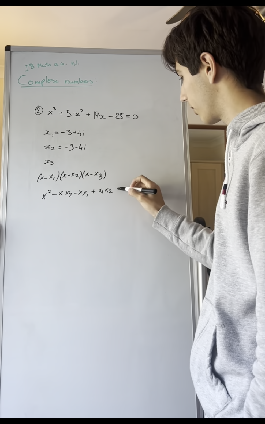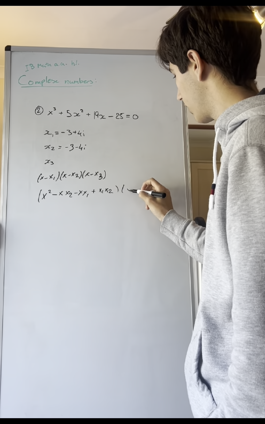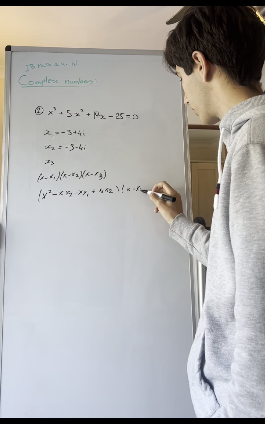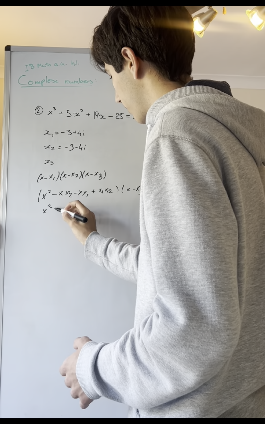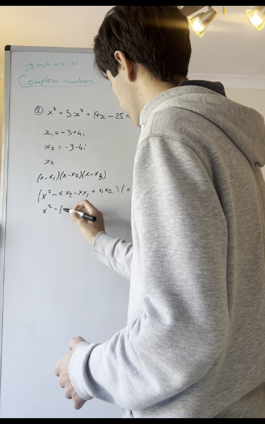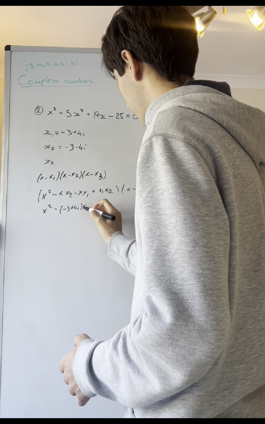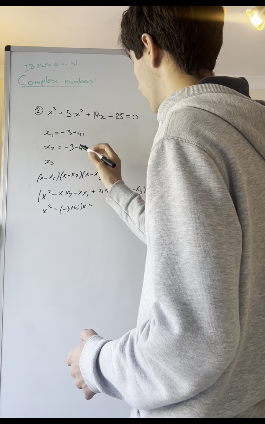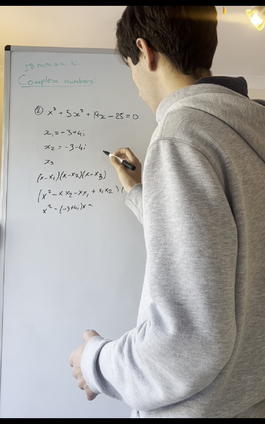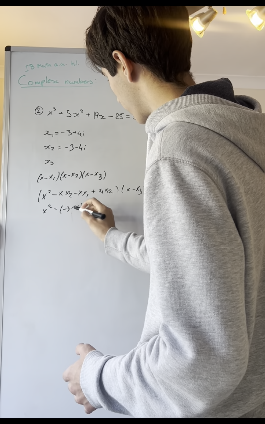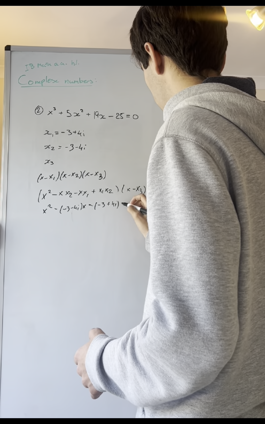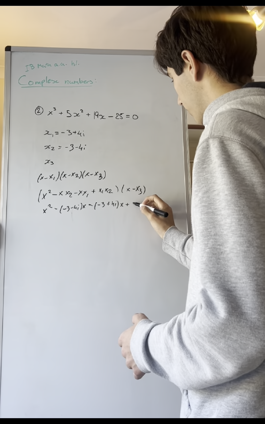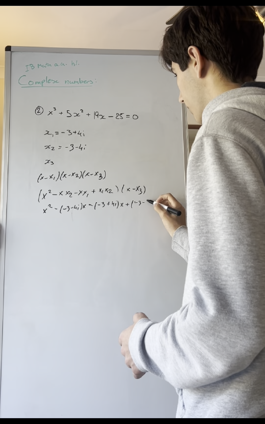And now we can just substitute, all of that times x minus x3. And we can now plug in our x2 and x1 into here and there. And what we're going to get is x squared minus x1, which is negative 3 plus 4i, x. Oh, sorry about that. This is going to be a minus, and then negative 3 plus 4i x, and plus negative 3 minus 4i,